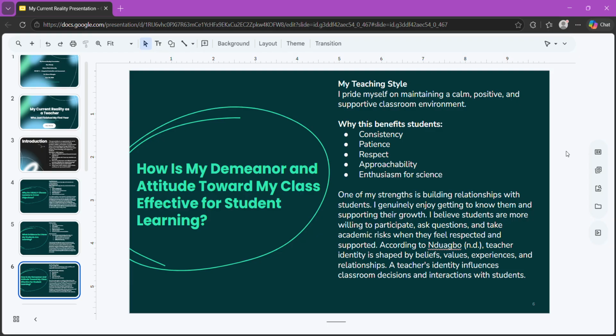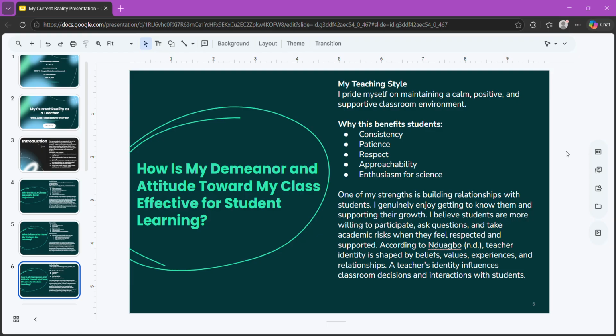This benefits my students because of consistency. They know what to expect, again, when they're walking into Mr. Shealy's classroom. They know that they're going to sit down and grab their warm-up. They know that there's going to be calming music playing. They know that the lights aren't going to be bright. They're not going to have bright fluorescent LED lighting just spiking their cortisol levels. They know that I'm going to be patient all the time. They know that I prioritize respect above most else in my classroom. And they know that I'm going to be approachable, at least as much as I possibly can be at all times.